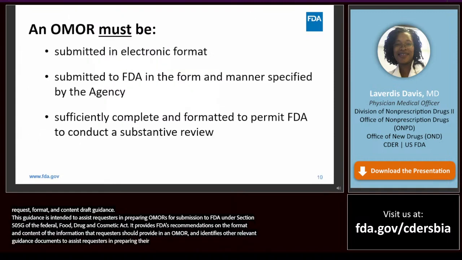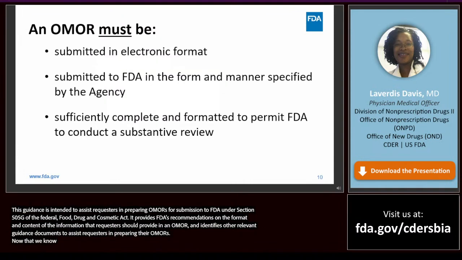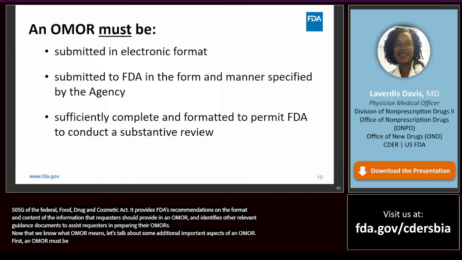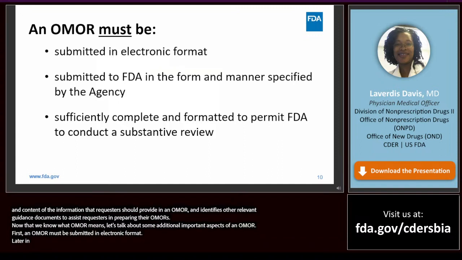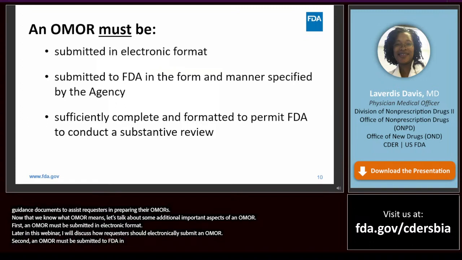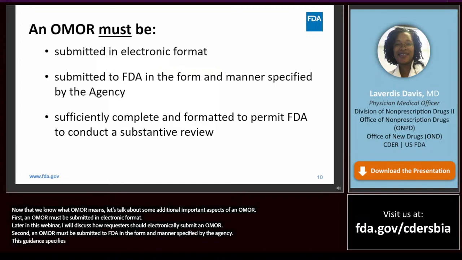Now that we know what OMOR means, let's talk about some additional important aspects of an OMOR. First, an OMOR must be submitted in electronic format. Later in this webinar, I will discuss how a requester should electronically submit an OMOR. Second, an OMOR must be submitted to FDA in the form and manner specified by the agency. This guidance specifies the form and manner an OMOR should be submitted to FDA.